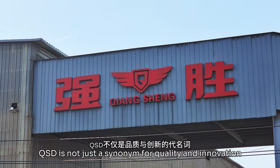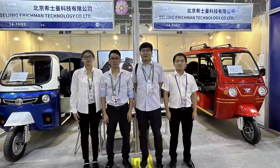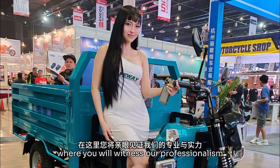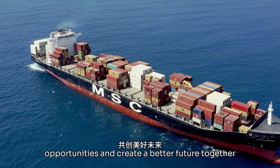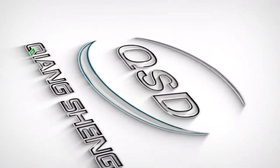QSD is not just a synonym for quality and innovation but also a bridge connecting the world. QSD sincerely invites you to visit our factory, where you will witness our professionalism and strength. Let's look for cooperation opportunities and create a better future together. QSD is looking forward to your arrival. Choose QSD,